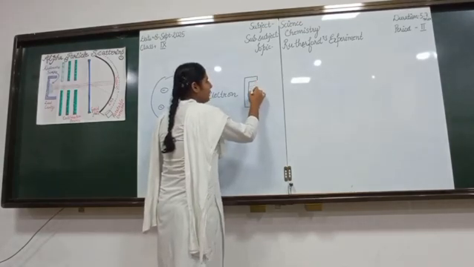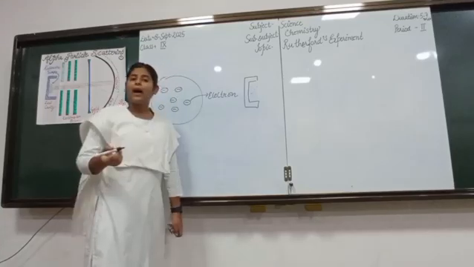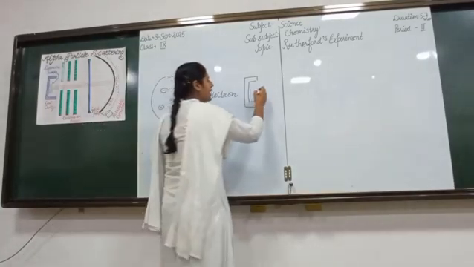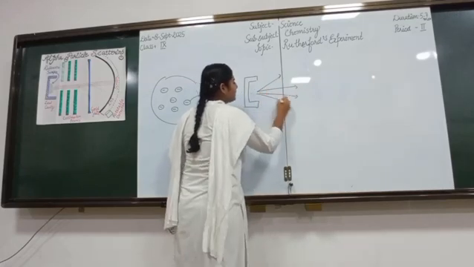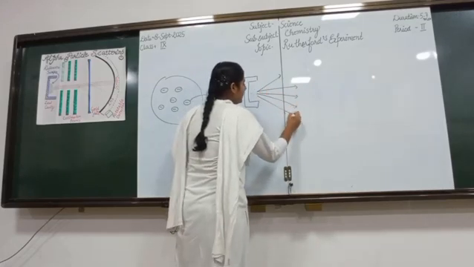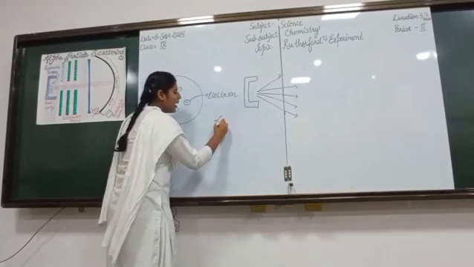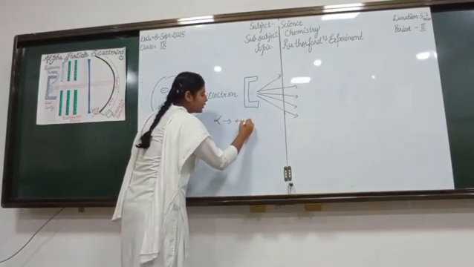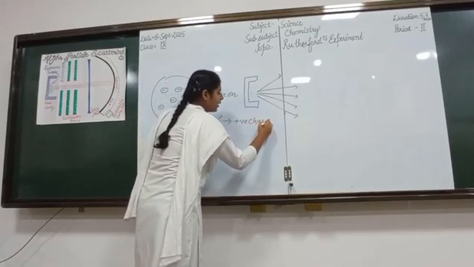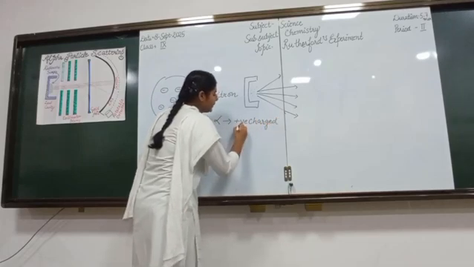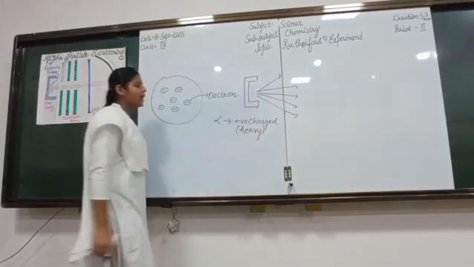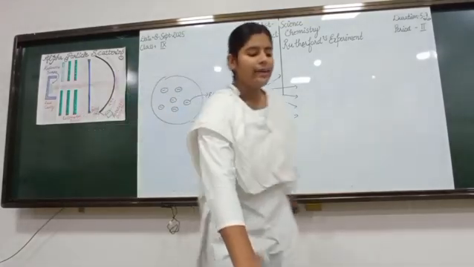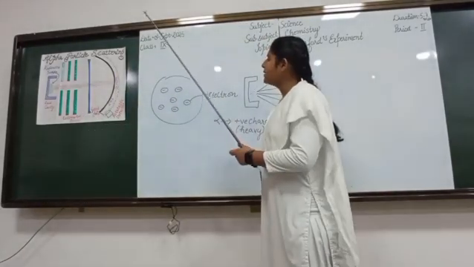And what are alpha particles? These alpha particles which are emitted from these radioactive elements are nothing but positively charged heavy subatomic particles, right? Now we can see the presence of